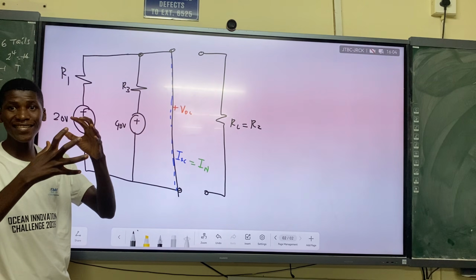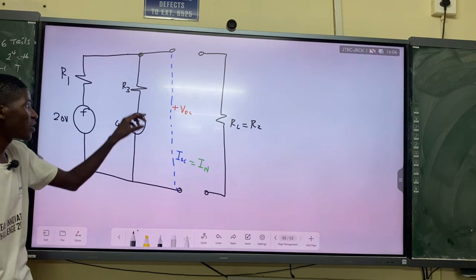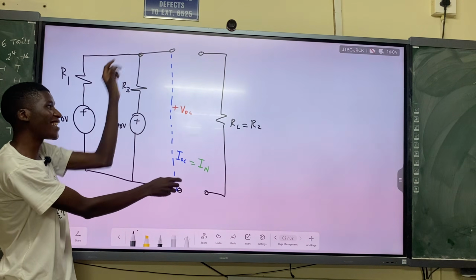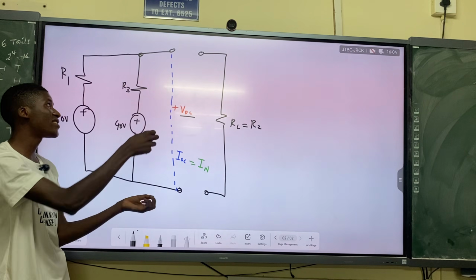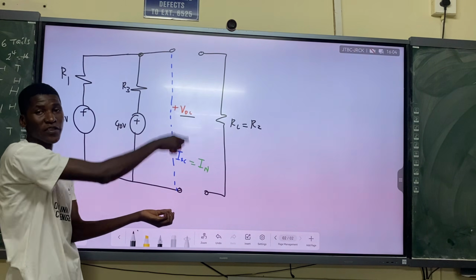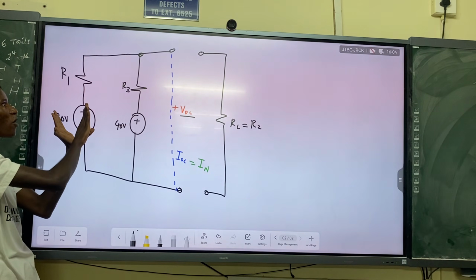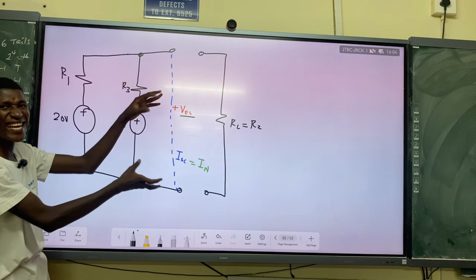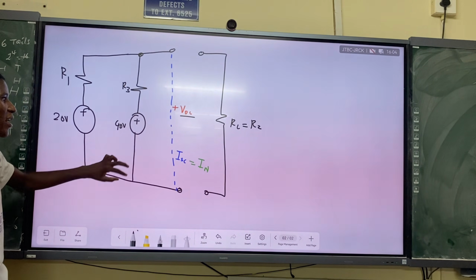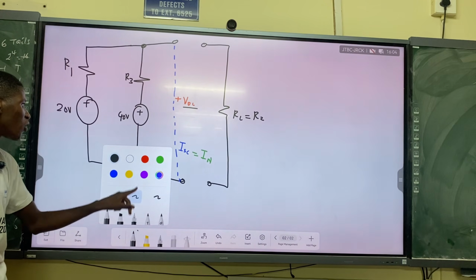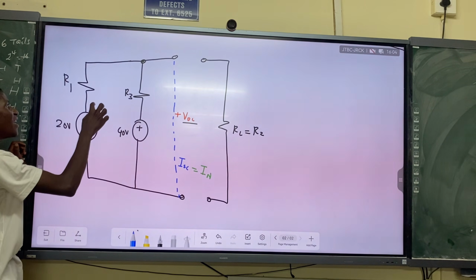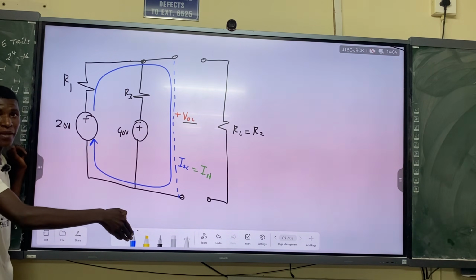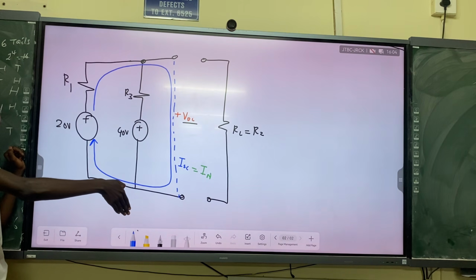I combine the scenarios in one, but basically what we are doing here is short circuiting the circuit. We first open the circuit to get VOC. Then with the short circuit, we put a conductor with no resistance. So it means all the current coming from our power source goes towards the short circuit. We do it together here to simplify. So same procedure again. We know already that the current that comes from 20 volts will go towards the short circuit, towards this empty conductor, because it has less resistance.